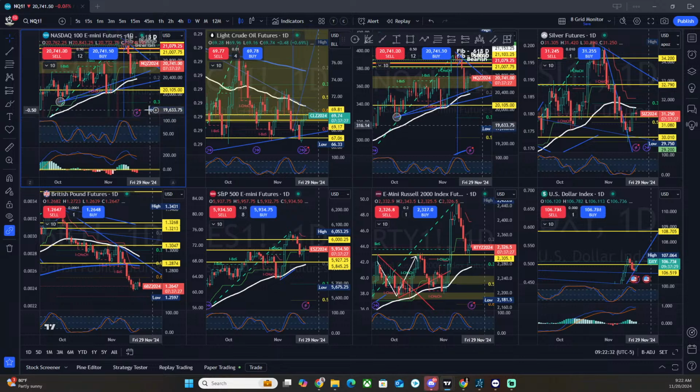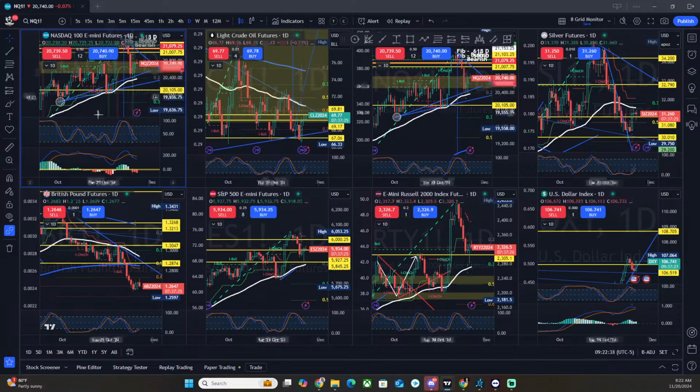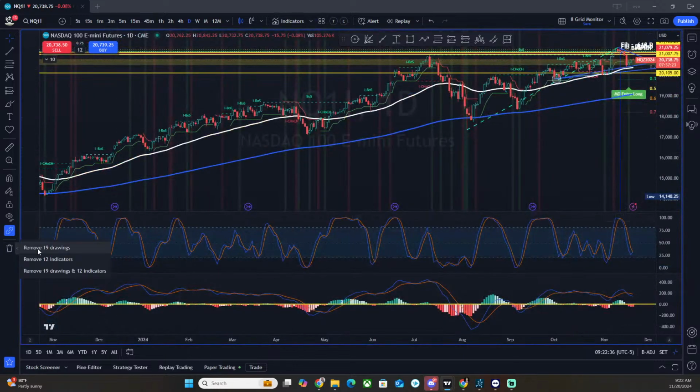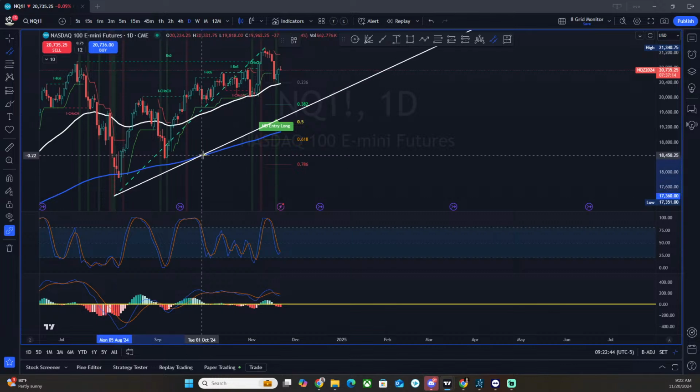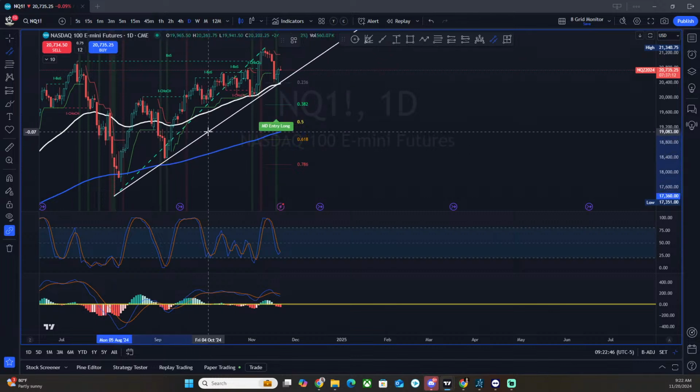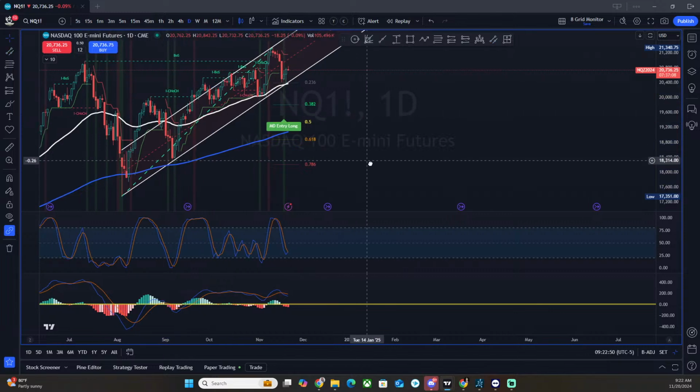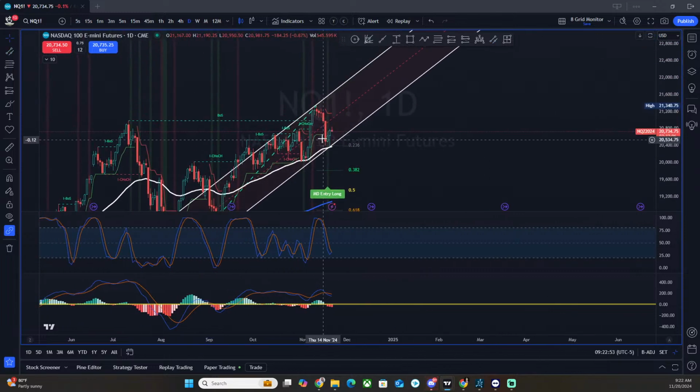Let me move this muffin out the way. All right. So here we go. Let me clear out all the drawings. We're gonna start all the way over. This is a nice little setup that I'm seeing here on NQ. I think what they're trying to do is align something like this of a channel. And will this channel be like a little bit of a burrow until it burrows right up until making some